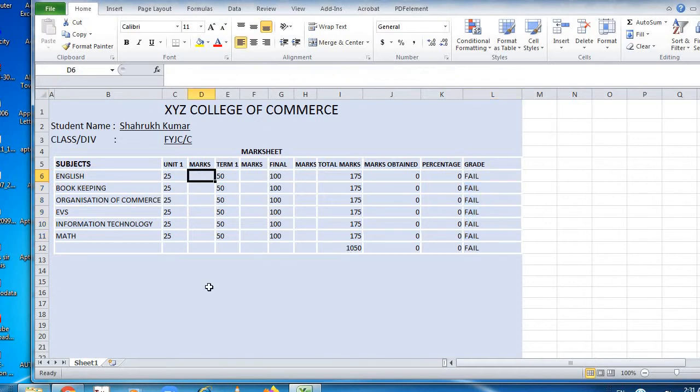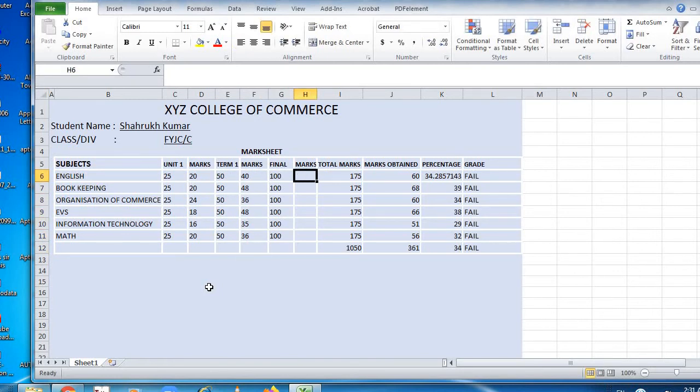Now if I enter the marks out of 25, let's say 20, here also 20, here 24, 18, 16, and 20. Out of 50 I am putting 40, 48, 36, 48, 35, 36.